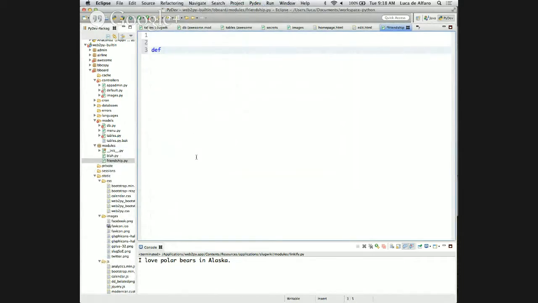Def friends of a user u, radius is equal to 1. Okay, so now I have the database and I have to find all the friends of a user u within a certain radius. How do you do that? Do you know it? Well, it's the usual graph traversal, right? So I have to essentially say something like